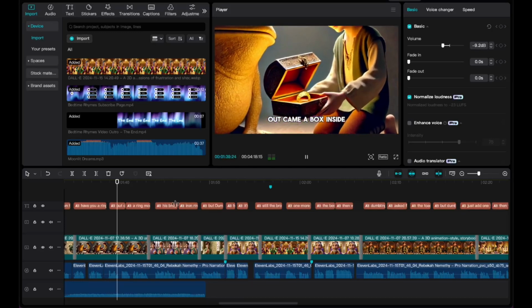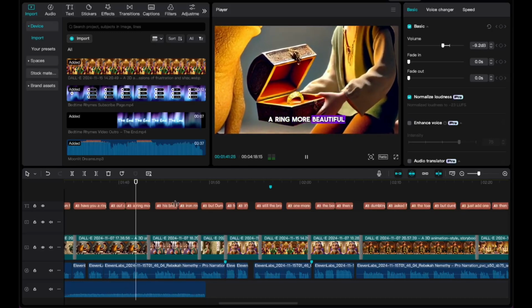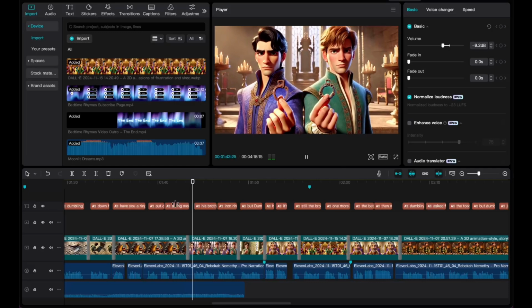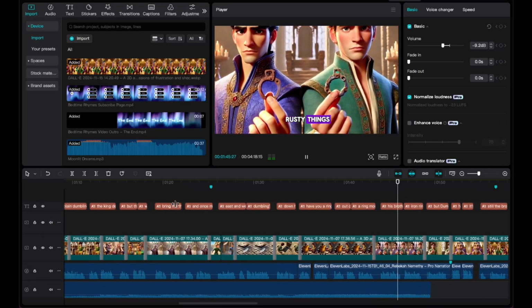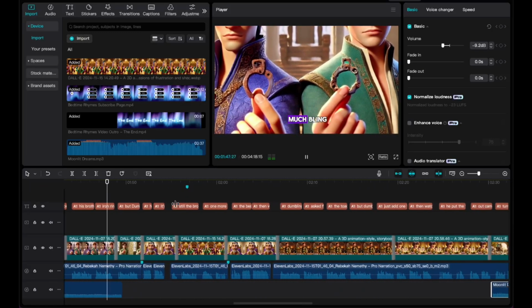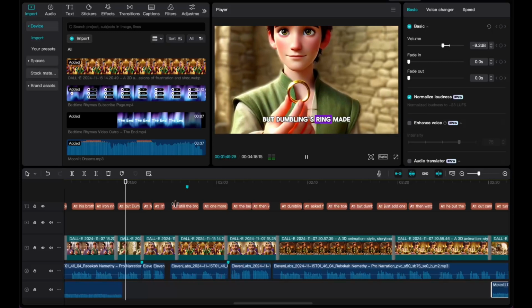Out came a box, inside a ring, more beautiful than anything. His brothers grabbed two rusty things, iron rings with not much bling, but Dummeling's ring made Dad